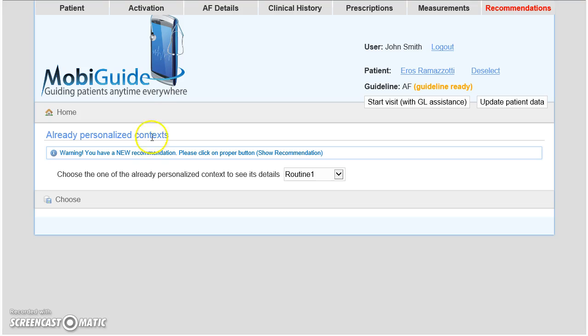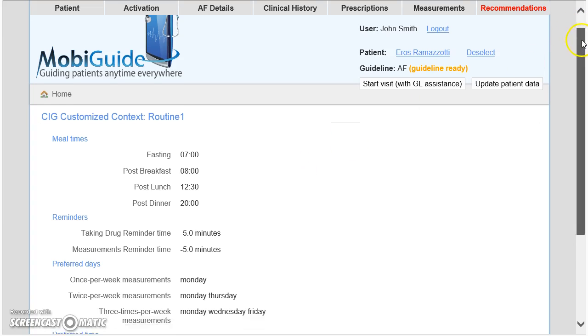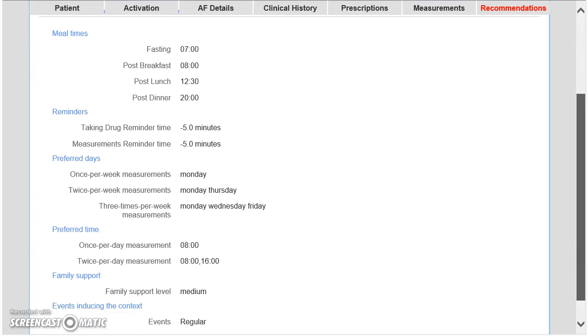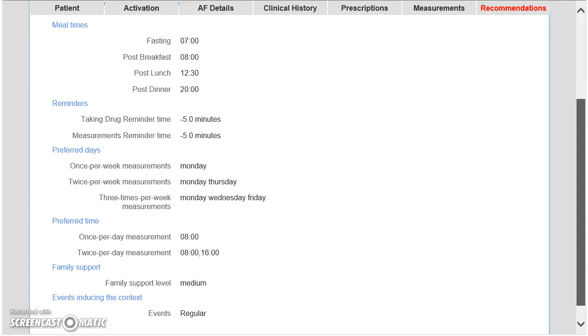For example, I can visualize the personal context, which can be routine, semi-routine, or increased physical activity, and will show you what it means to define a personal context for the patient. So here you can see that in the routine days, when the patient is in his regular environment, these are his meal times, and reminders are associated with these meal times, and they happen 5 minutes before the time of the meals. We have different plans that need to be activated either 3 times a day, 3 times a week,